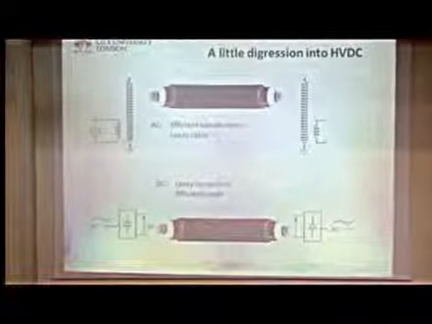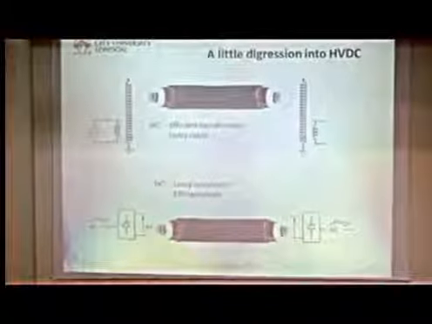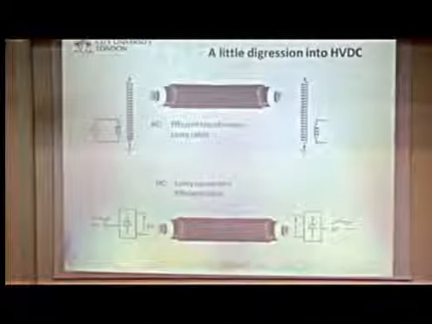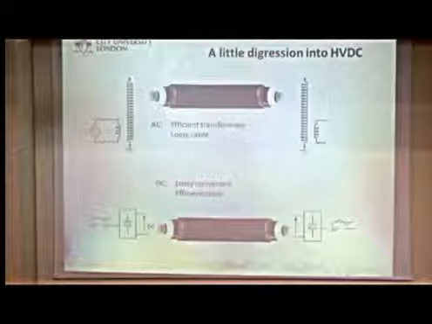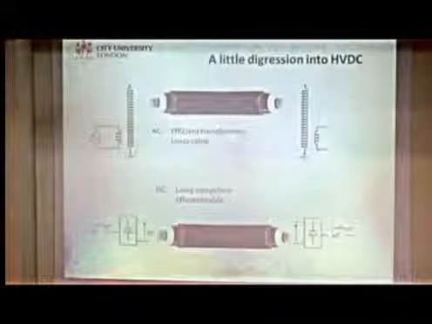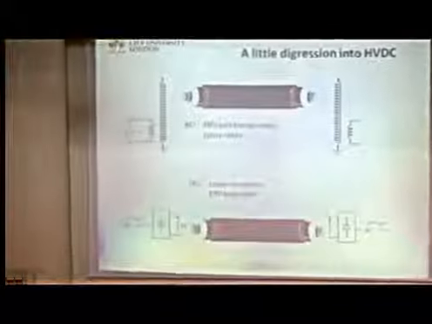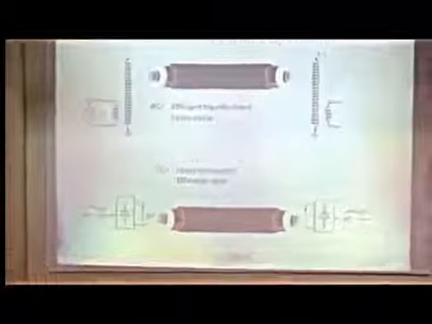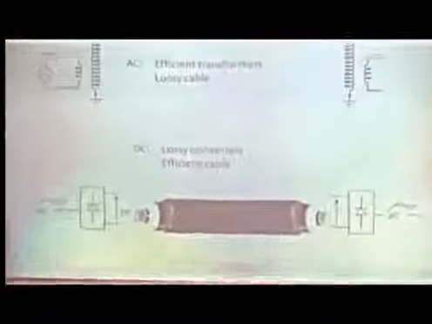Certainly just the capacitance of the cable gives us a great deal of headache when this cable starts to get very long, because there's an awful lot of current going through the cable that's simply charging up and discharging this capacitive cable 50 or 60 times a second. But if we go to DC, we don't have any of those losses to speak of in the cable. We have a bit of ohmic loss in the conductor, but nothing much else. And so we can make the cables very, very long.